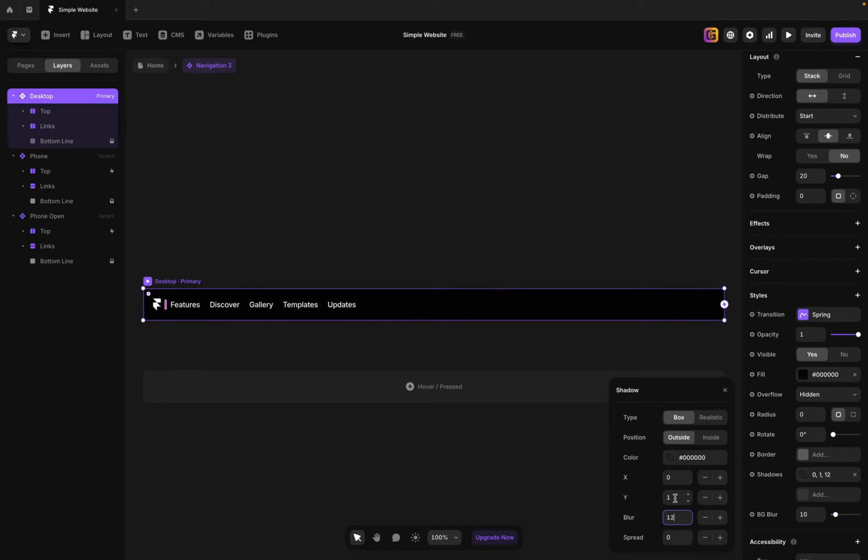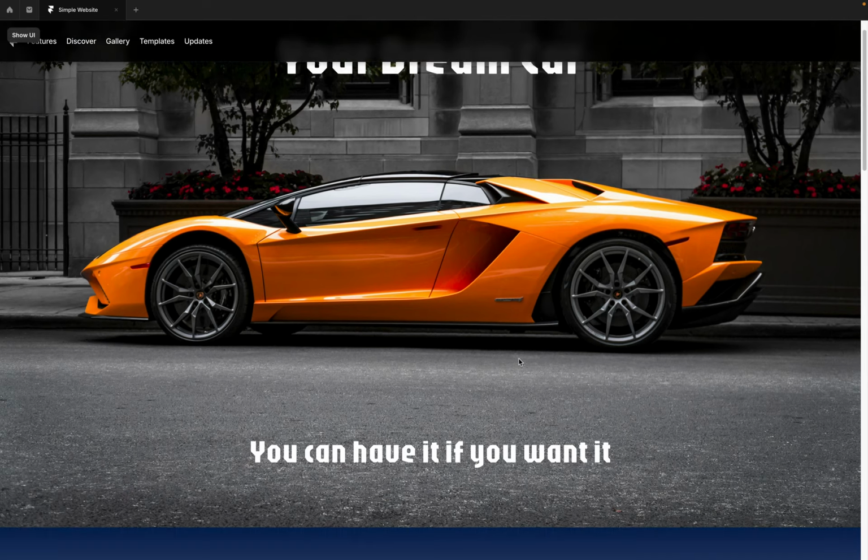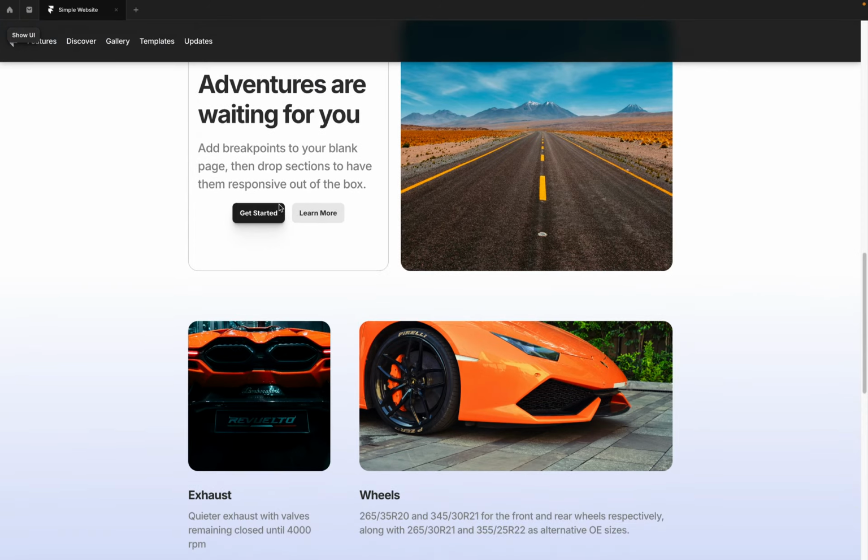The spread of 12, and then this one I'm gonna change it to 2. Now let's go back home and hit play. Let's see how that looks. Now if we come to a section that's lighter, you can see the shadow popping up right there a little